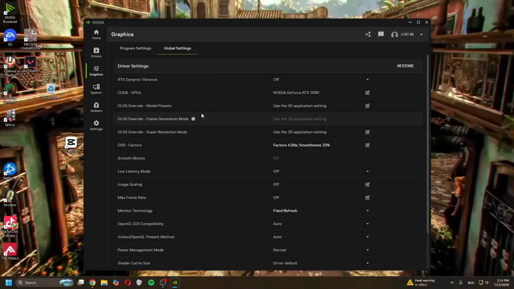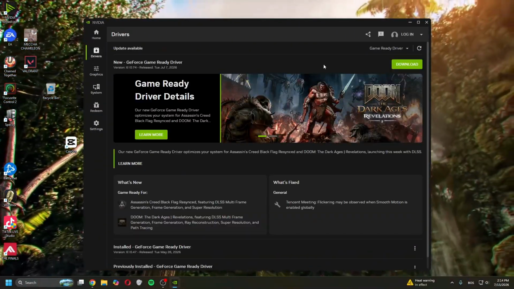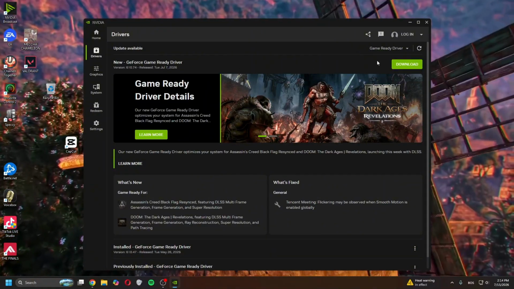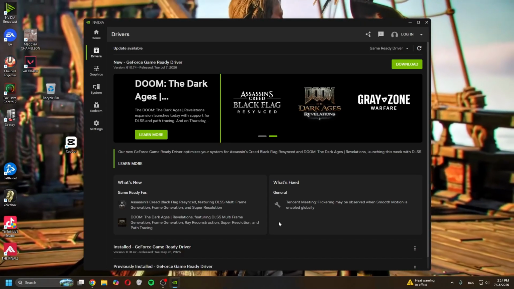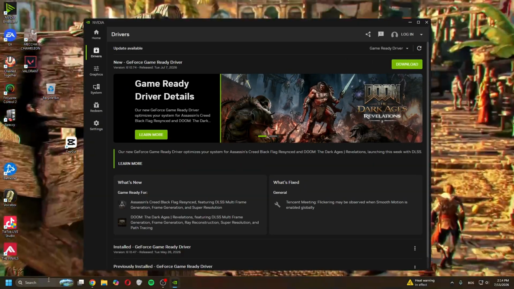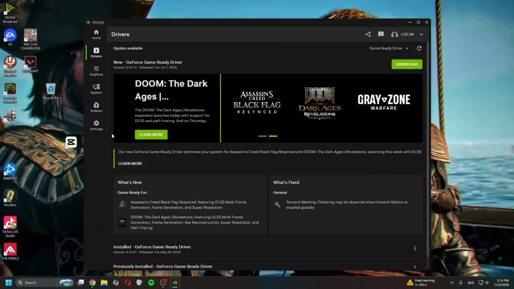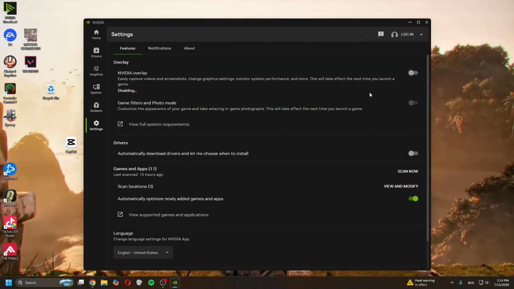Now, after you've done all of that and it still doesn't work, what you can do is obviously update the drivers to the latest game ready drivers. You simply download them, install them, and then hopefully that fixes the issue. If you already installed the driver, you can always reinstall it and then restart your PC, and then the game should work properly. Also, you want to go to settings, disable the NVIDIA overlay if you have it on, and